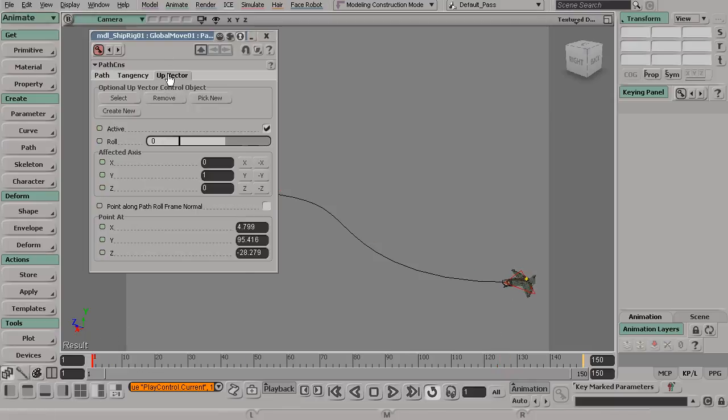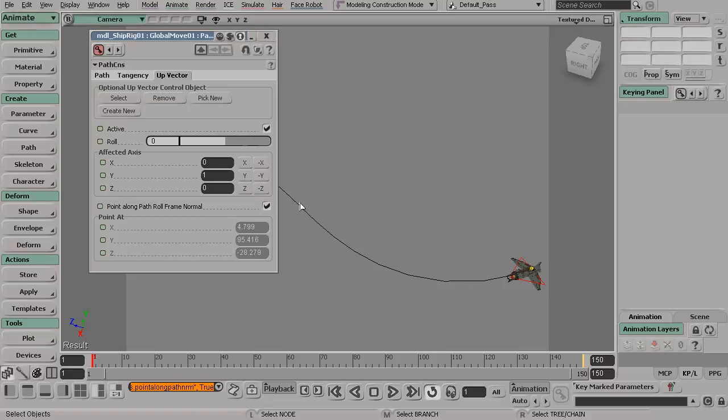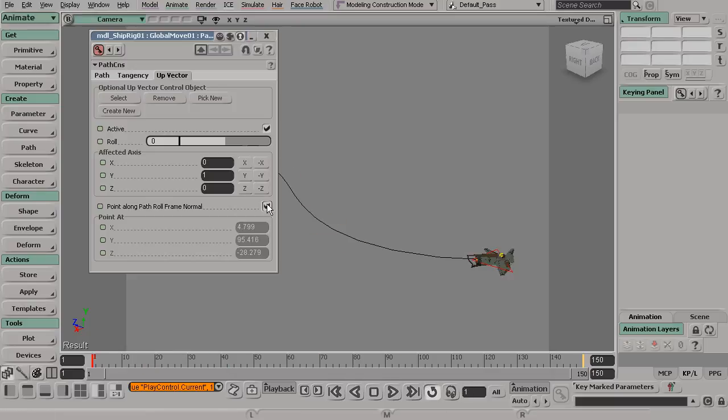Going back to our Up Vector tab, to correct this, it's just a matter of checking on Point Along Path Roll Frame Normal. That's going to reorient the ship to follow along the tangent normal of our curve. Now, with this off, notice the slant we get. Well, that's coming from our point at parameters. So when we were using that up vector control, these values were changing. So that's how we can control that point at direction. Let's go ahead and turn back on Point Along Path Roll Frame Normal